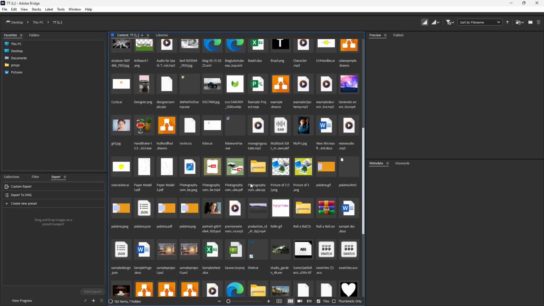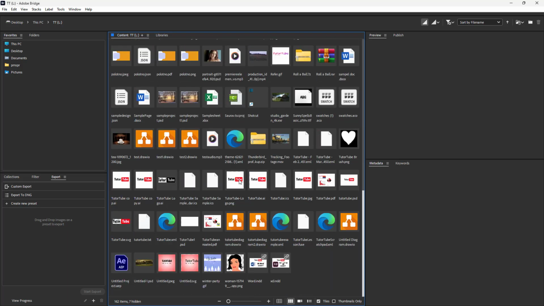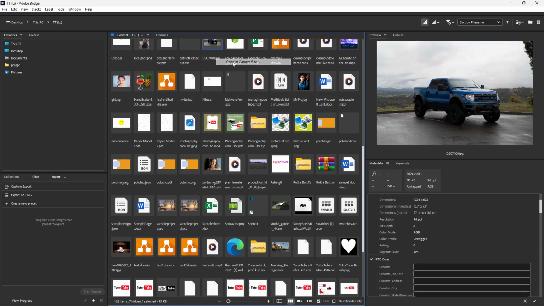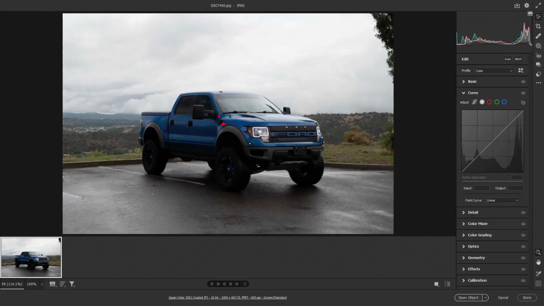And just like that you can go around, and even for regular images that you see right here, you can go ahead and then access Camera Raw through it. You can go to Open in Camera Raw and you will get access to it in Camera Raw just like that. And that is how you can access Camera Raw for normal and raw pictures inside of Adobe Bridge. So I hope you guys learned something